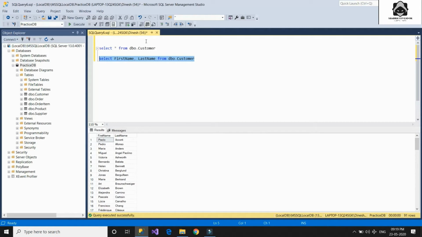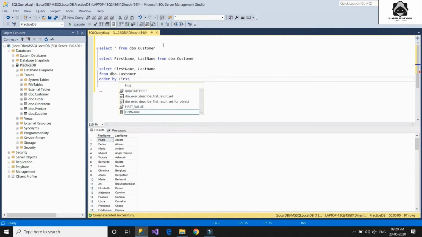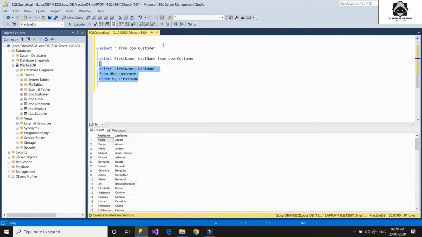Now in the earlier query, you saw no order here, but just by using the order by clause in the above query with the first name in it, we can order the query according to the first name. So let's run this query: select first name, last name from customer table, order by first name. So here you can see that the result we are getting is according to the first name. And by default it is ascending. If you want to change the order, you can also give it descending. So once you write descending, you will see that the Z first name customer is coming first. Then we have Y and so on in the descending order.